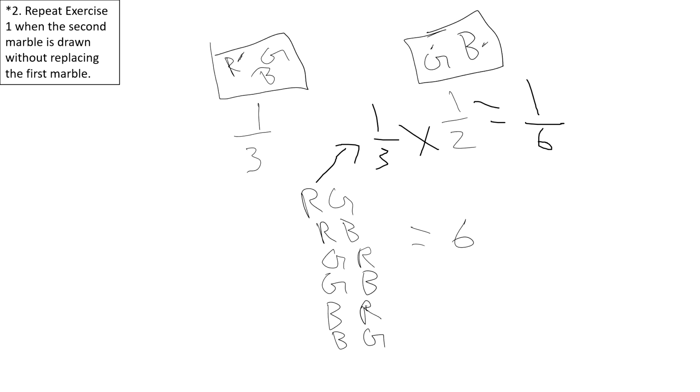Similarly, everything will be 1 by 6. All of this will individually be 1 by 6. And if somebody has a chance of getting one green, one red, then there will be this one, then there will be this one. So ultimately, if the order does not matter, then there will be 1 by 3, and otherwise there will be 1 by 6. Now